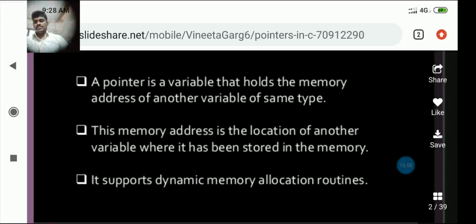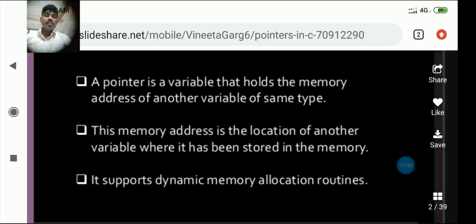A pointer is a variable that holds the memory address of another variable. Before giving the example, don't worry, I will give a good example and explain this concept with coding, a proper small program. At the same time, I want to elaborate this concept for clear understanding. Here, what is a pointer? A pointer is a variable that holds the memory address of another variable.